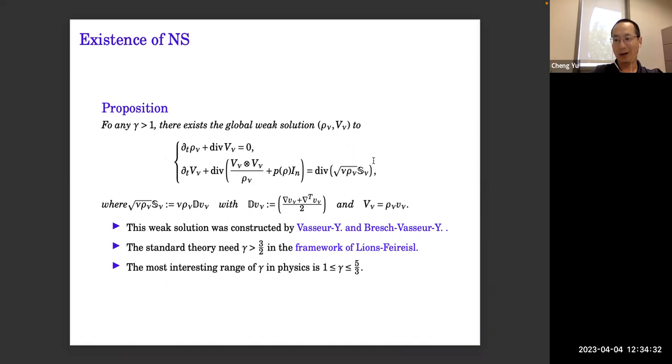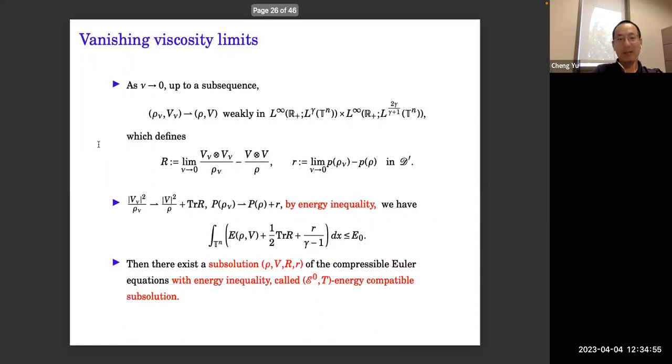Okay, so that's why we choose the degenerate model here, because here we just need a gamma bigger than 1. But on the other hand, later I will show you why, due to a technical reason, we need to restrict gamma to be less than 5/3 in 3D. Okay, so when we let the